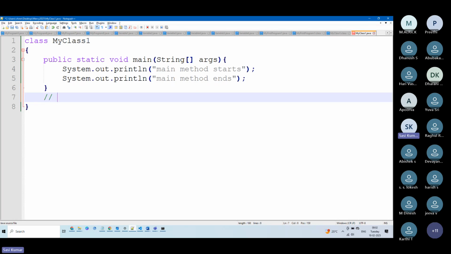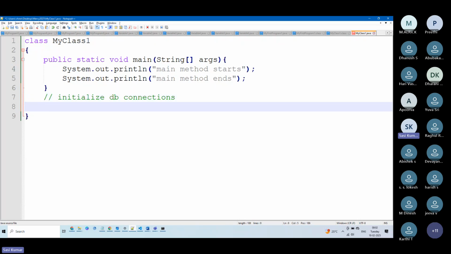So what I want to do is initialize DB connections. This is my task. There might be multiple sets of operations involved, but this is my task. So for this, maybe I can write a method. I would like to call it public. I want to use a static method. By the way, I'll be telling you what static is and what are the additional things that we need to remember. But for now, I'd like to say static,